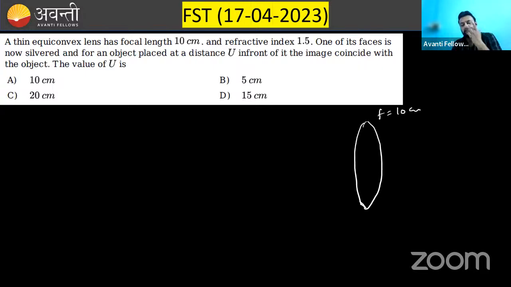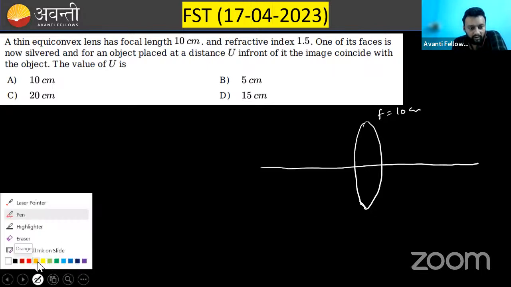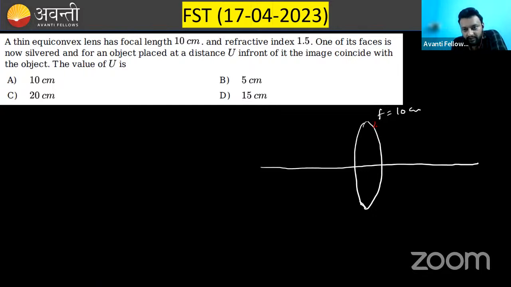Equiconvex means both of the radii are the same. There are two surfaces, and both the surfaces have the same radius. Okay. This is the principal axis. Very good. Now, the next statement says the refractive index is 1.5. We will keep it in mind. Now, one of its faces is silvered, like suppose this face is silvered. Okay. And for an object placed at a distance u, let's suppose there is an object which is placed here,